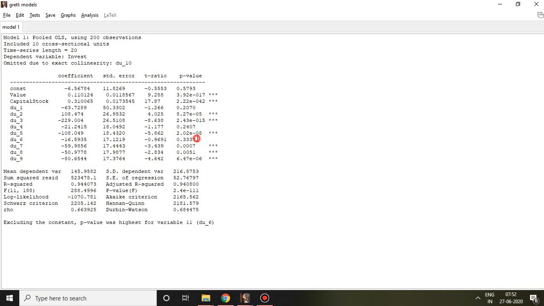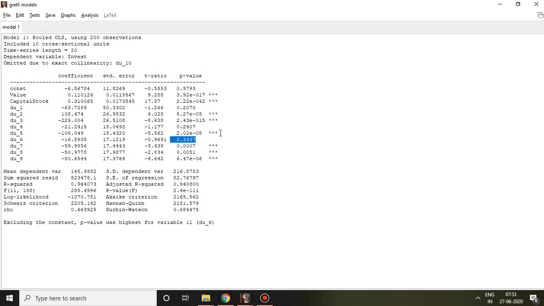Again this 6 is not significant and so on. Now the question is, what does it mean if dummy 1 is not significant? It means that value and capital stock are not significant in dummy 1, dummy 4 and dummy 6.